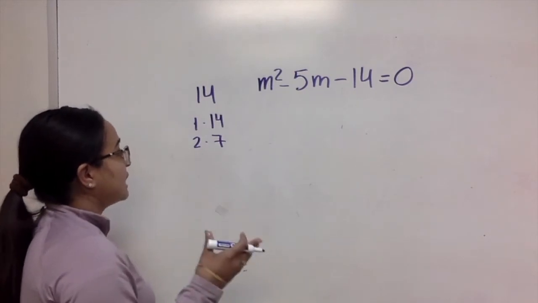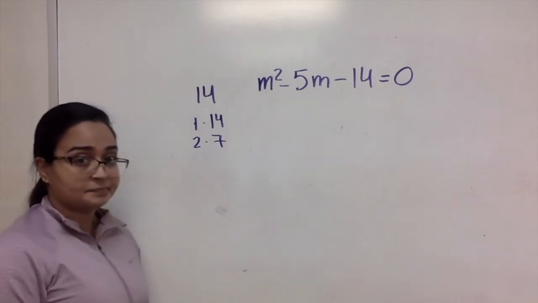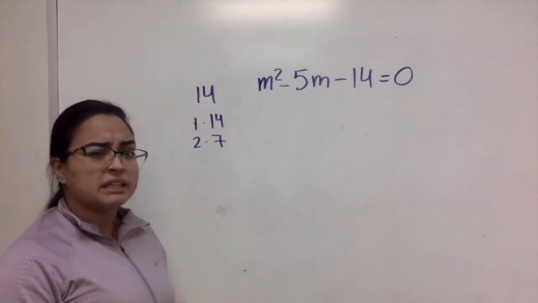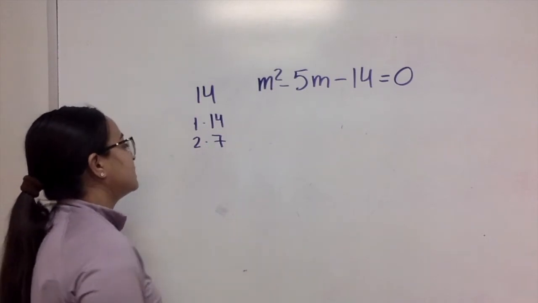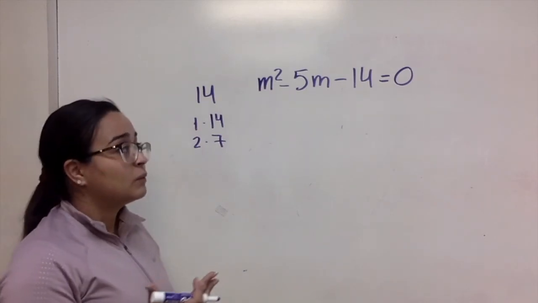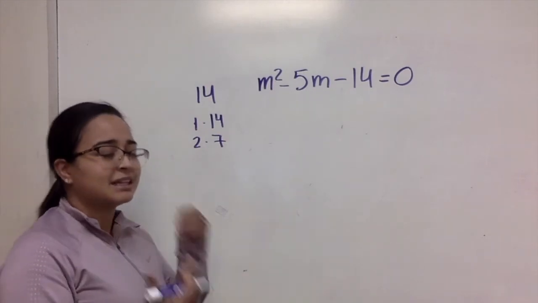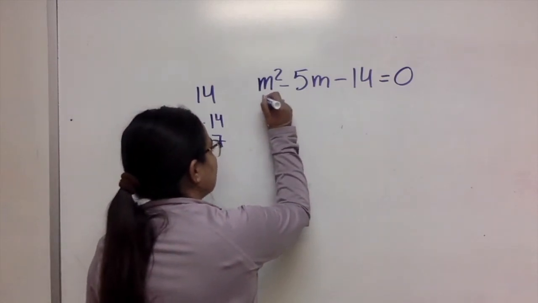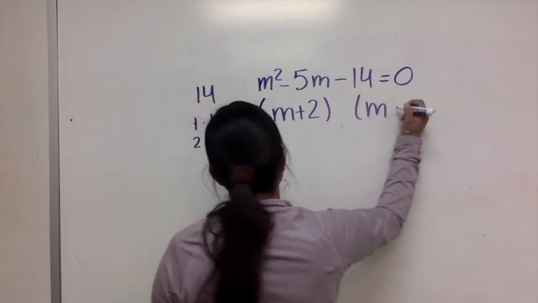Now, we have to have a positive and a negative one, because when multiplied, we have to get a negative. But also, when combined, we have to get a negative 5, meaning that our largest number is going to be the one that's negative. Now, if we had a negative 7 and a positive 2, would that give us negative 5? Yes, it will. And what if we multiplied a positive 2 and a negative 7? Would that give us a negative 14? Yes, it will. So we have found our factors, which are m plus 2 and m minus 7